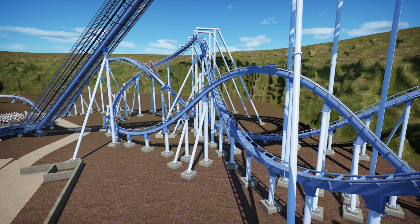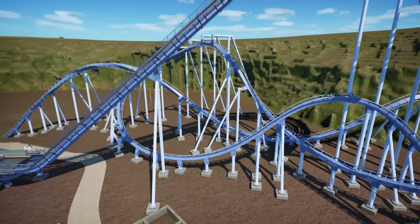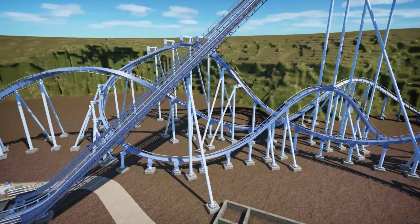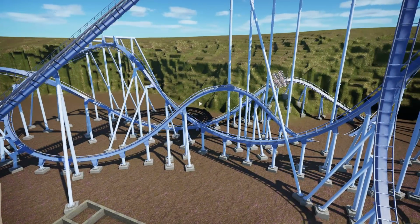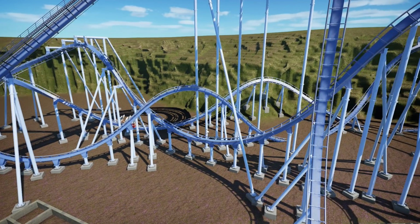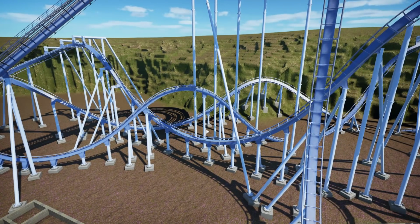Emperor again is using one of these, so I've tried my best to profile this. I think it's as best as you're going to get, because otherwise it gets a bit janky on this side. So it's fine, it's good enough. Then we're going to come into a parabolic airtime hill. Going to give some awesome ejector airtime, and so for this one, I've actually decided to put a point of